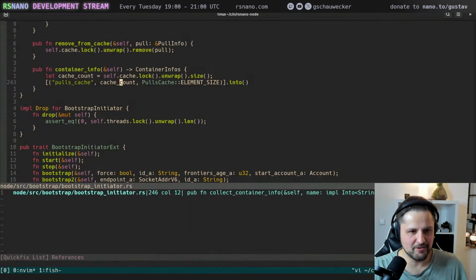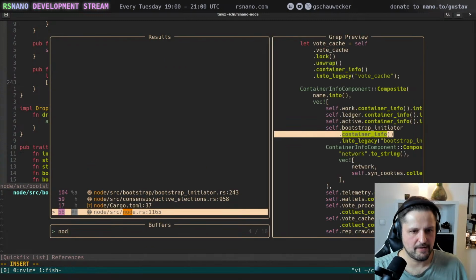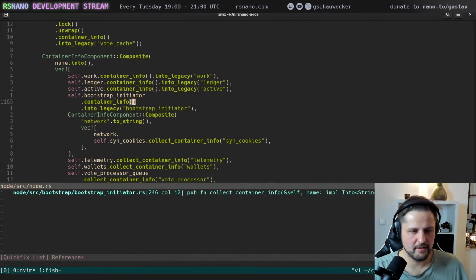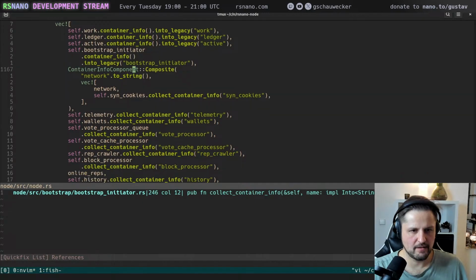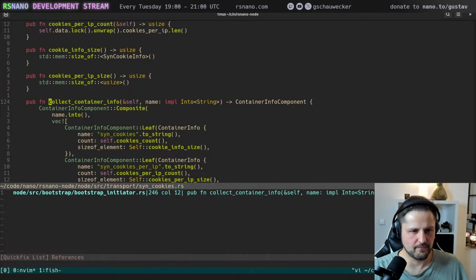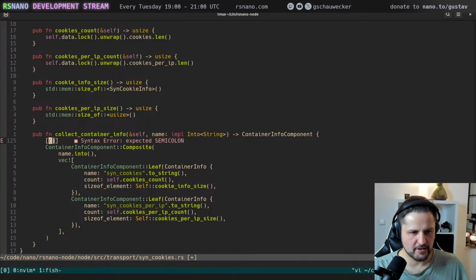Okay, this is fun. Let's do it one more time. What is this here? Network. Okay, we have to do this first. Okay, the same thing. Convert it into an array. I guess, no, we have to convert this into the container infos first.